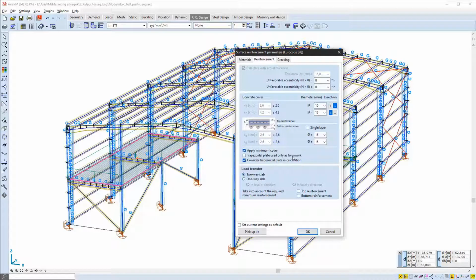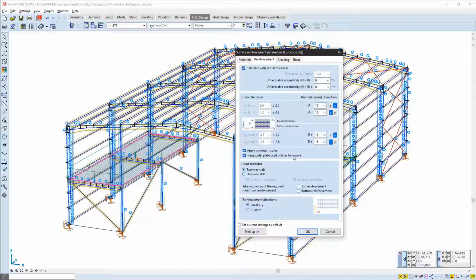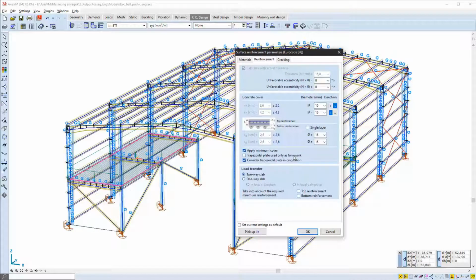If the checkbox "trapezoidal steel plate used only as a formwork" is checked, the software takes into account only the upper concrete plate in the equations, and it will neglect the ribs and the trapezoidal sheet. So in this case, reinforcement parameters and concrete covers can be defined regarding X and Y reinforcement directions.